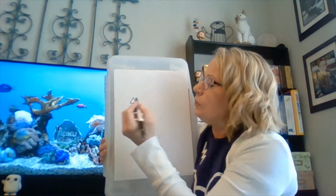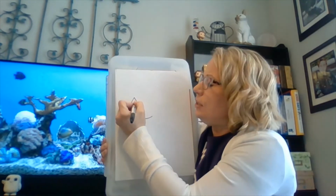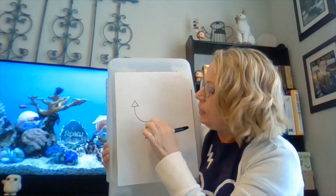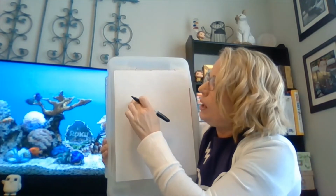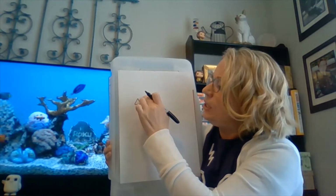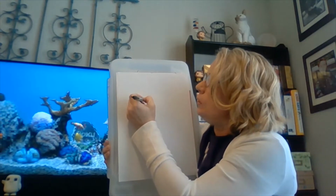If it makes you feel more comfortable, you can actually start with the triangle first, and then you can make the line that comes down and over to the right. And notice it doesn't loop up that much. It only does a little bit. Okay. All right, then right next to the arrow, kind of up just a smidge and to the right, I am going to draw a circle